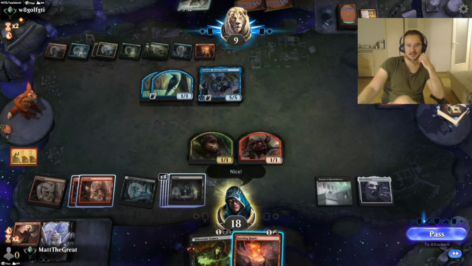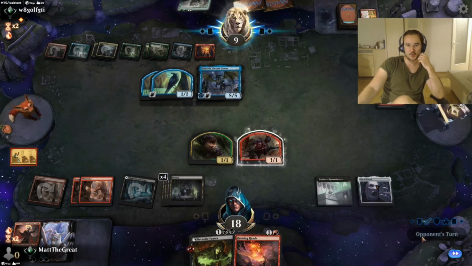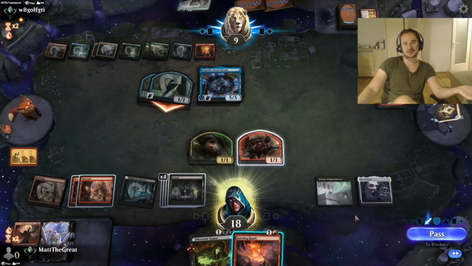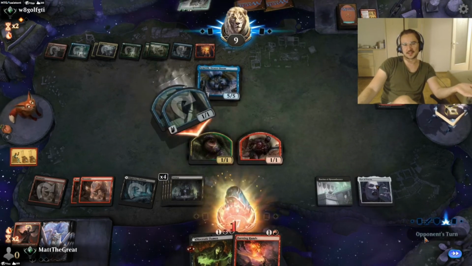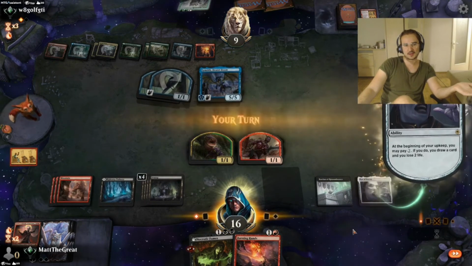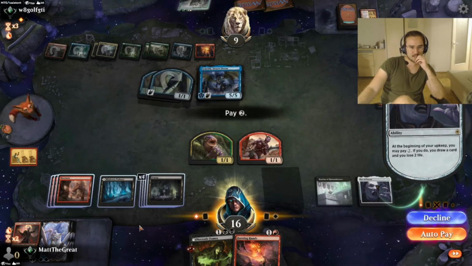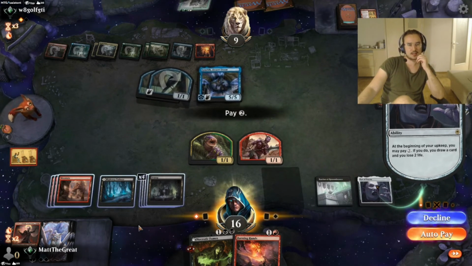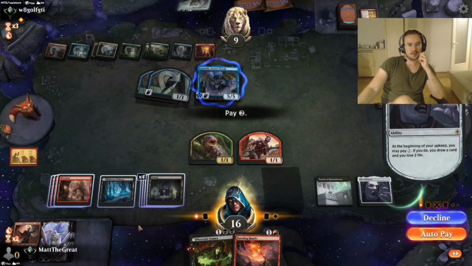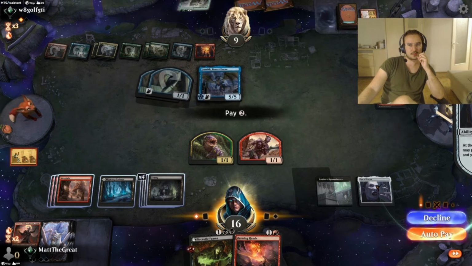What? What is... No. No, what is this? This is cheating, that's what it is. No. If I drew a Zariel this turn, I would...